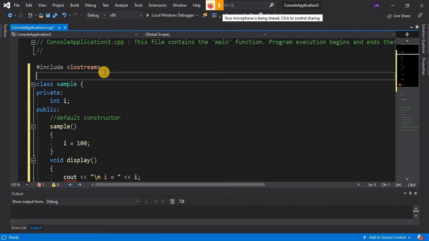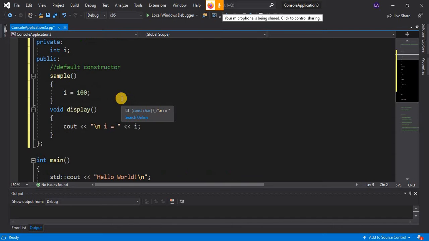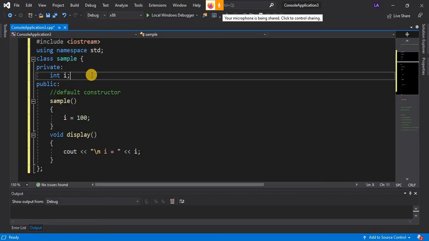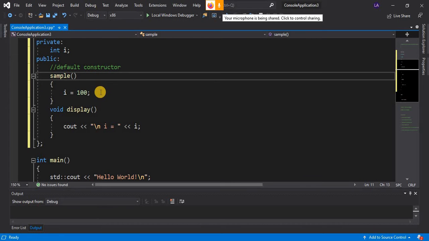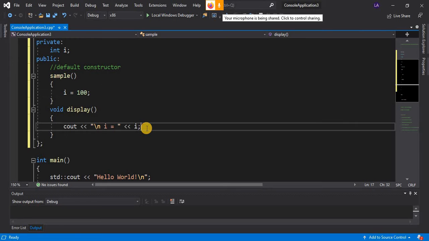Okay, so we need to use using namespace std. That error will be resolved. So this is a simple class named Sample with one variable i, one default constructor which initializes the variable value, and a display function which displays the output.